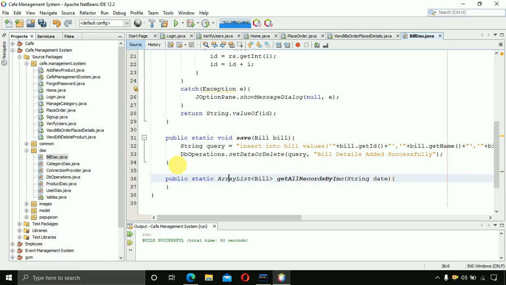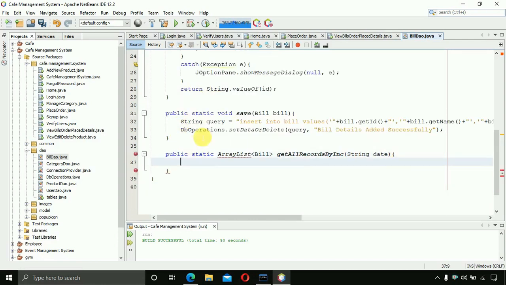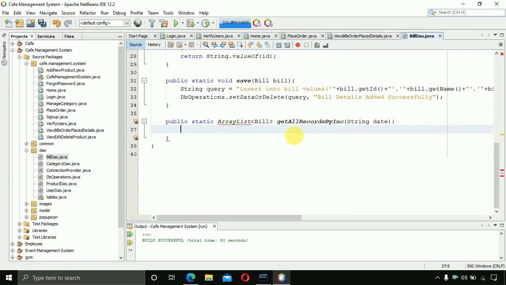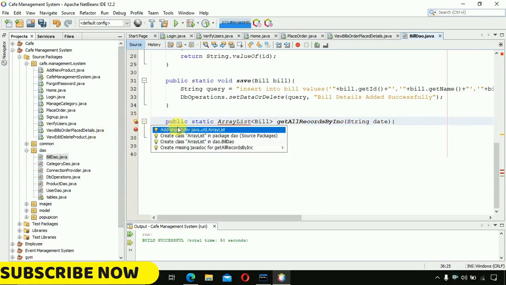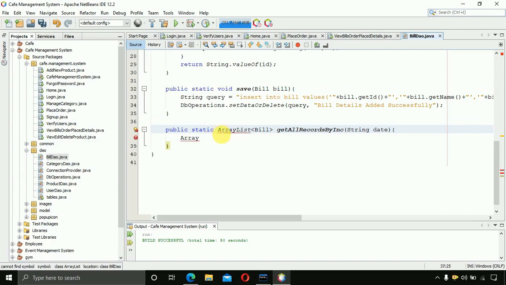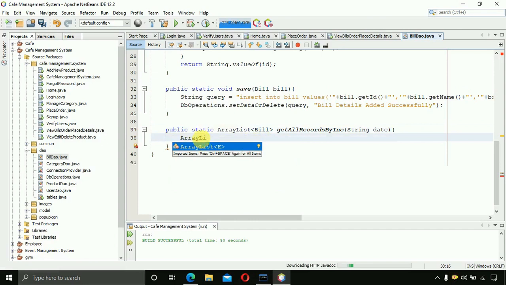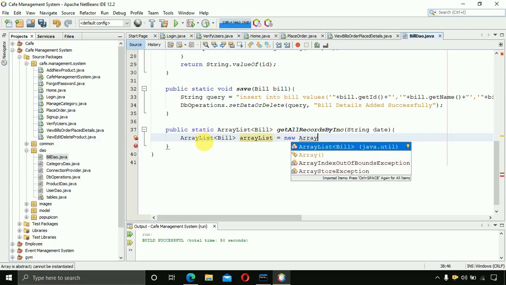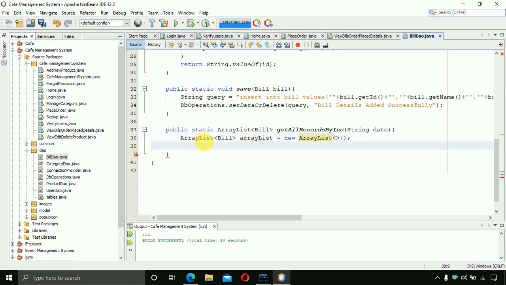and in between we have to, let me write here. Now let me create an array list first. Array, okay, it's giving us error. Import it from java.util.ArrayList, and here we have to write ArrayList, this one, and it should be bill type, and ArrayList equals new ArrayList, this one, and after that we have to write try catch block